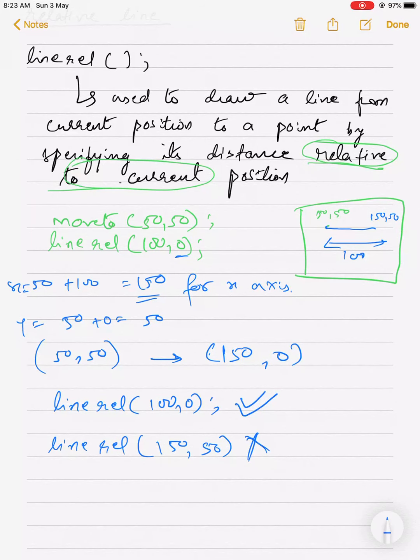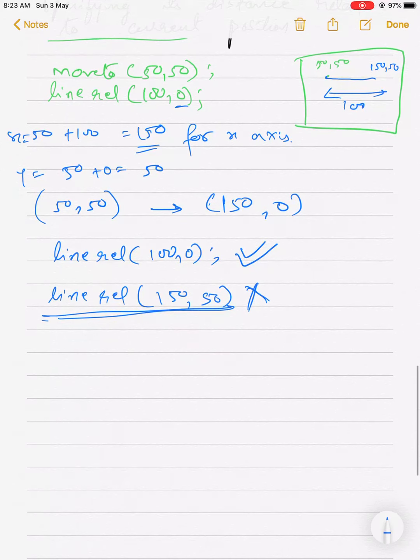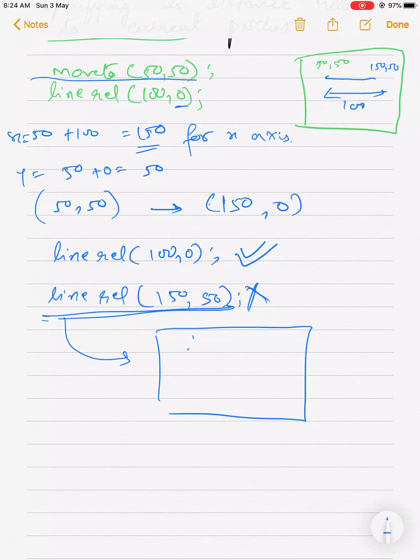If you write like this, syntax is right, but see what you will get as output. You have initially moved to 50, 50. Then you have typed line relative 150, 50. So what will be the output?